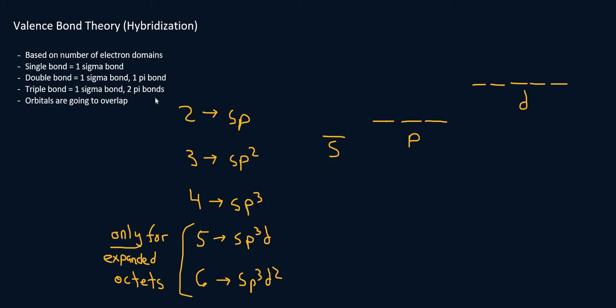which gives you two convenient slots for making two bonds or two domains with that hybridized form. When you have three electron domains, that's when you see the sp2 hybridized form. Again, we take the s and fuse it to two of the p orbitals. We've got the one line here and two lines here, so add those up. That gives you a total of three slots in what is now called the sp2